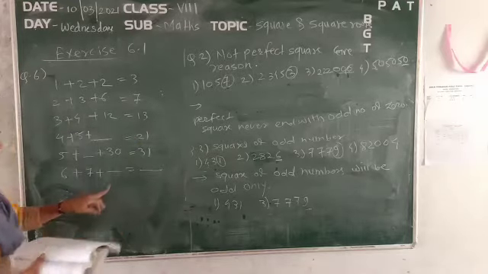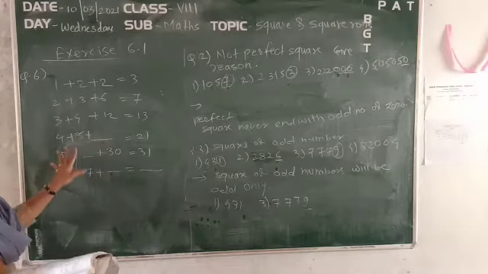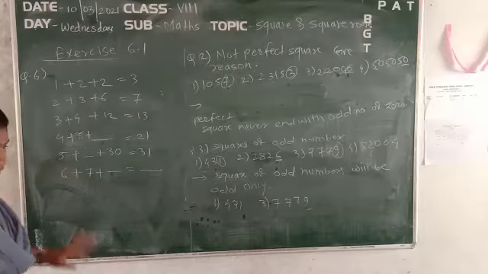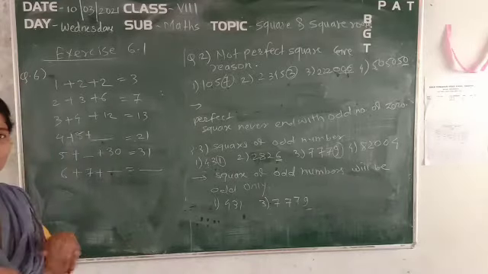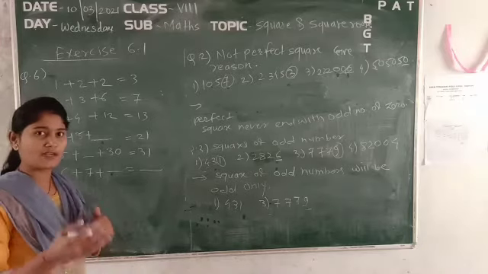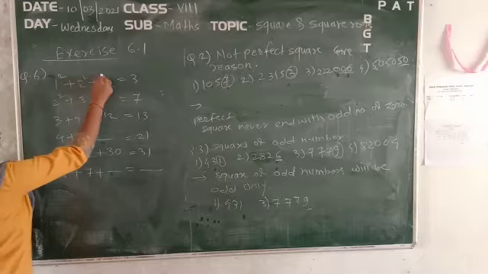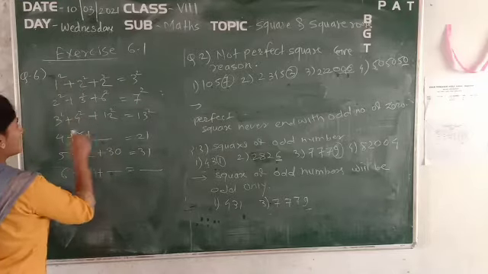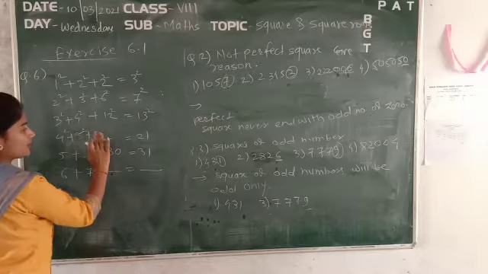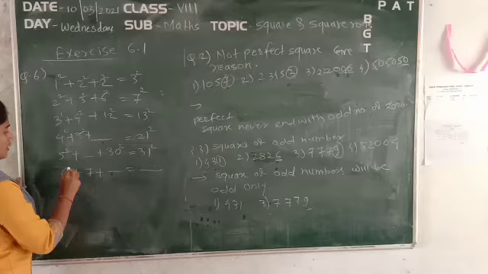Now see, here it is upset and here also it is upset. In that way all are the numbers. See within that what you have to find out: they are asking you to fill in the blanks, or fill in the missing numbers. Now see, all of them are square numbers. Just put the squares over it so that you will get the answer in a sophisticated way. Here also, whatever number is there, we have to square it. So all are squares.